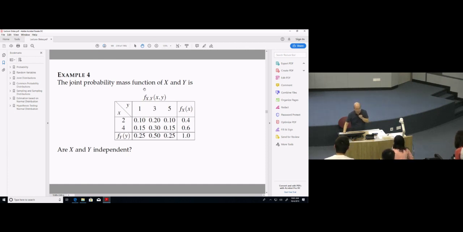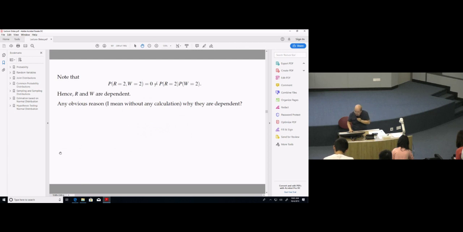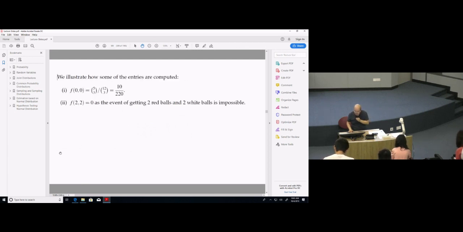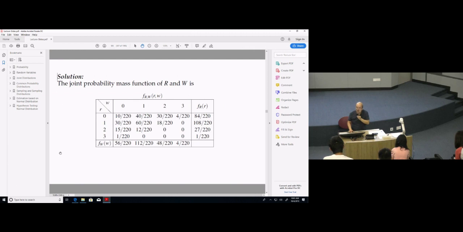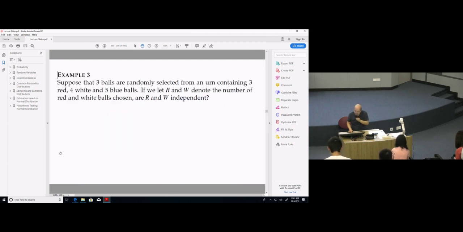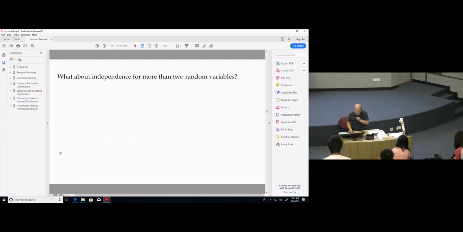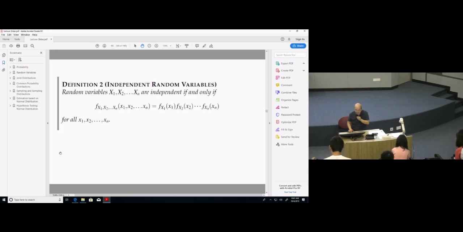We have a joint probability mass function of x and y, and it is given in this way. What we are asked to do is to check whether x and y are independent. Did I go through this or no? All right. Thanks. And how about this? No, right? Oh, okay, now I remember. I just gave you the definition. Basically,